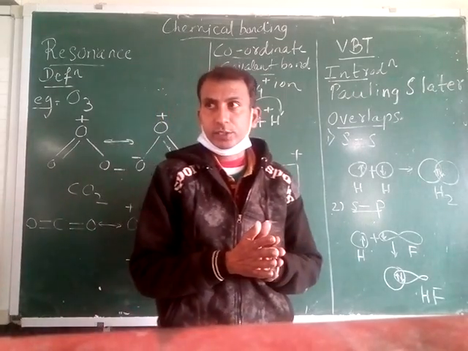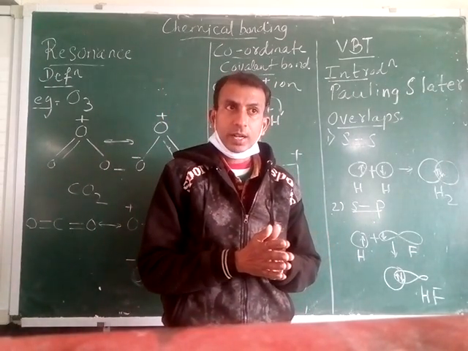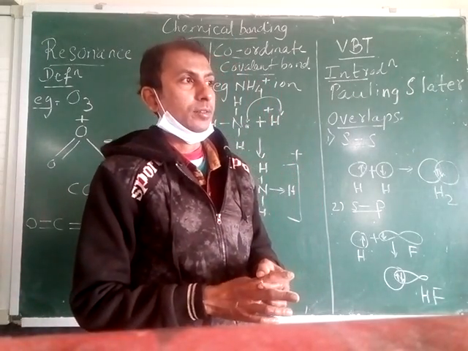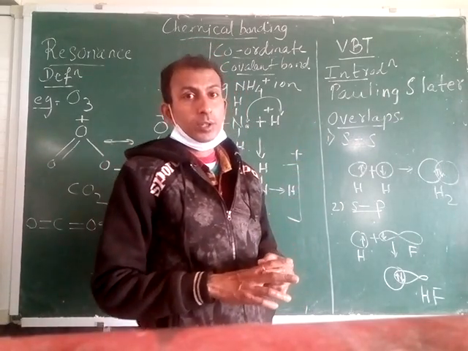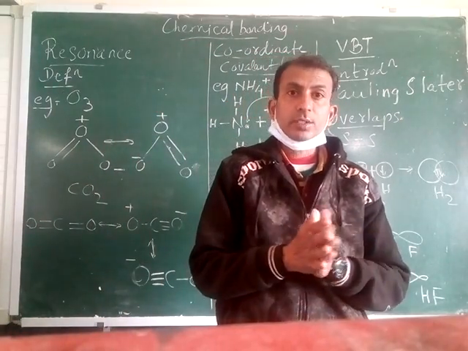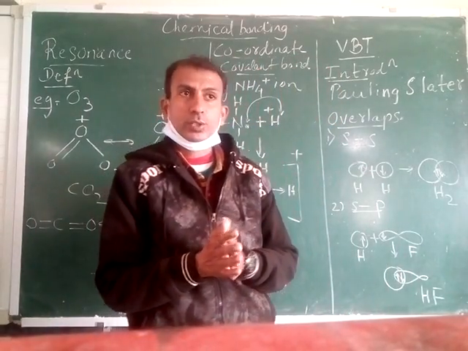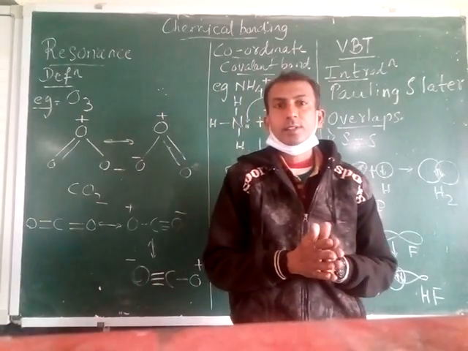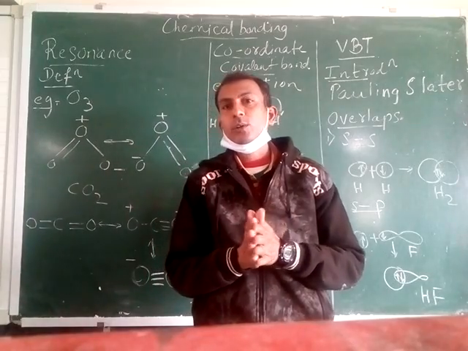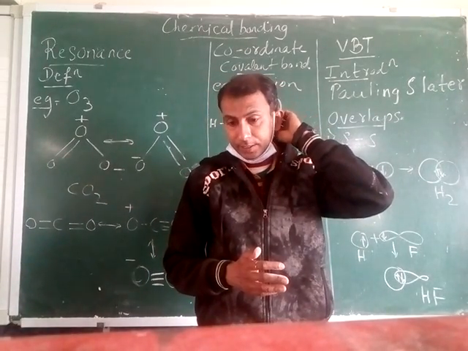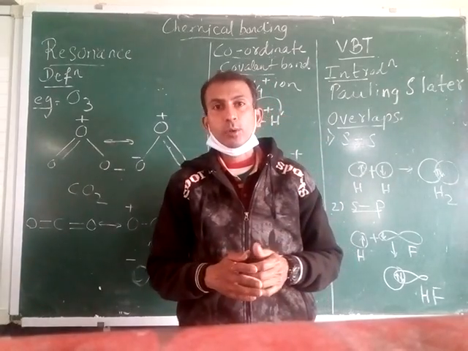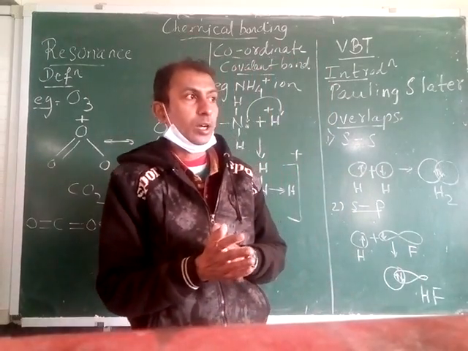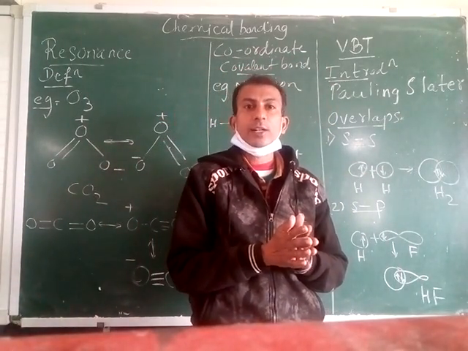So they should have valence electrons first of all, and in the orbital the valence electron should be single, unpaired. That's why it is called valence bond theory, because it is concerned with the valence electrons, single electrons, and then bond formation takes place. So this is the introduction. So the chemists Pauling and Slater say that for covalent bond formation valence electrons are required, and then the atomic orbitals will overlap. So let us try to understand now the different types of overlaps between the atomic orbitals.